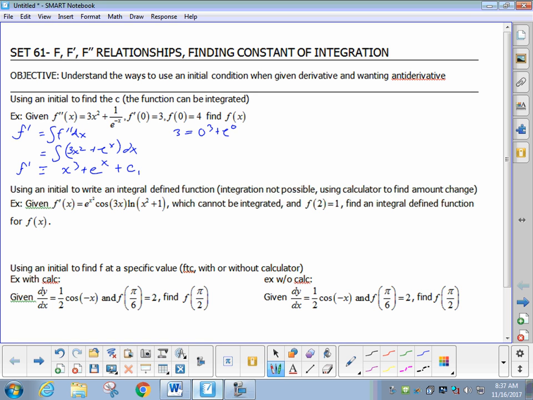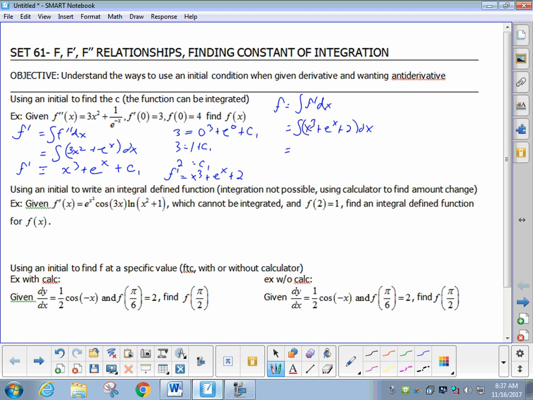Please don't fall into the temptation of thinking that C1 is 3, because not everything to the 0 zeroes out. For example, e to the 0 actually is 1. Therefore, C1 is really 2, and the derivative now is complete. It is x cubed plus e to the x plus 2. So far, so good. Now to get to f, I will take the antiderivative of f prime. The antiderivative of x cubed plus e to the x plus 2 with respect to x is